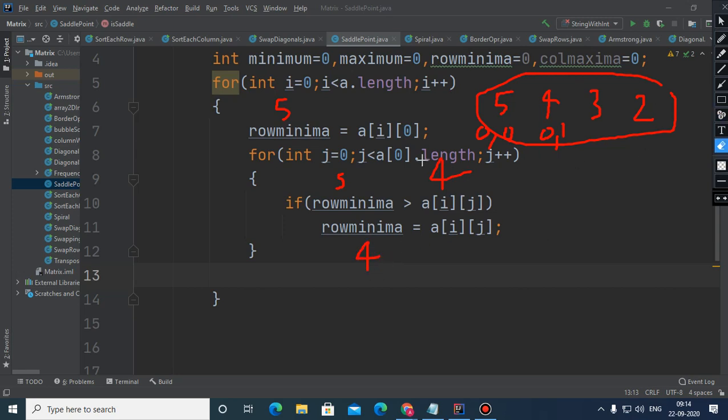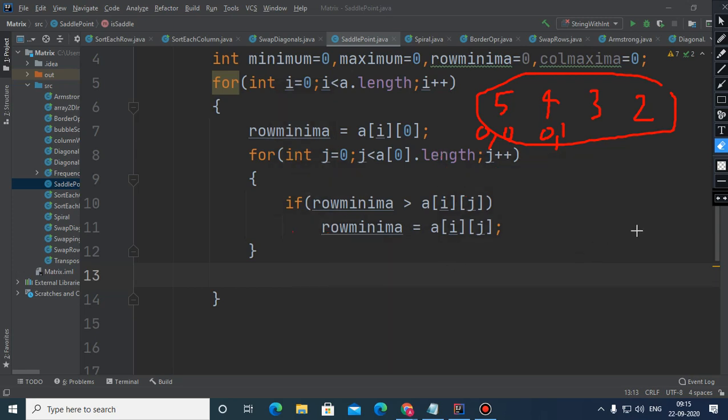Now in the next step, what happens? It is 3. When it becomes 3, it will get replaced by 3. When it becomes 2, row minima becomes 2. When it becomes 1, then finally the row minima becomes 1. So in the very first row, the minimum element is 1.